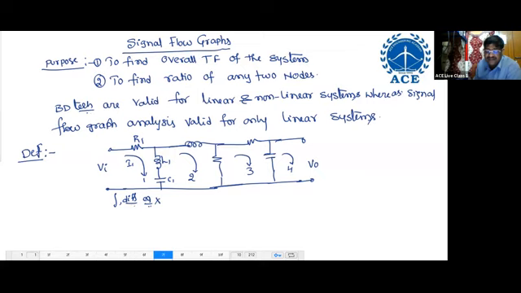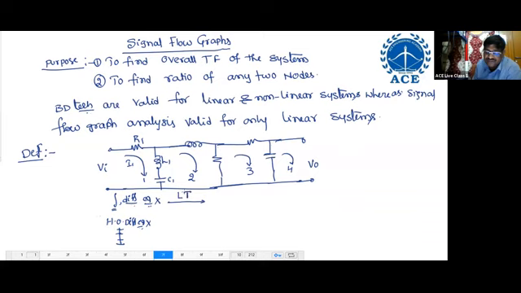The second one is, if you eliminate integration and convert into differentiation, you will get higher order differential equations. If you want to get the solution, it takes a lot of time. That's why, instead of solving these higher order differential equations and spending a lot of time, what they are telling is, apply Laplace transform to